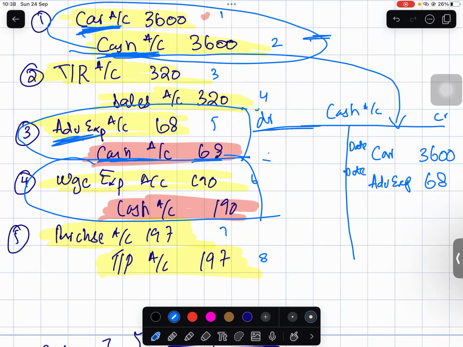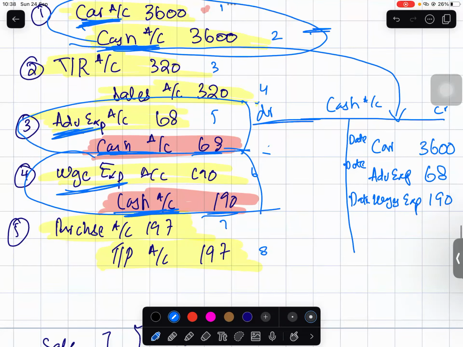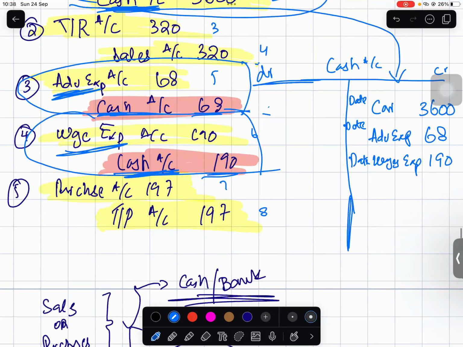And then in the third transaction, cash is again being credited by 190. You will write it here. Wages expense is making it go credit. You will write wages expense here and the date here. Are we good with this? Yes, sir. And finally, one other thing, Emily, what we do with T accounts is once all the transactions